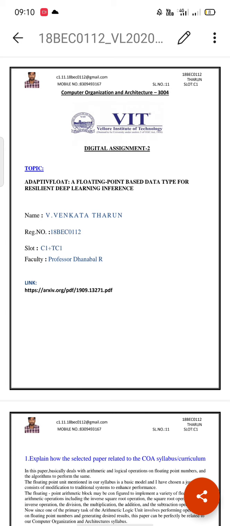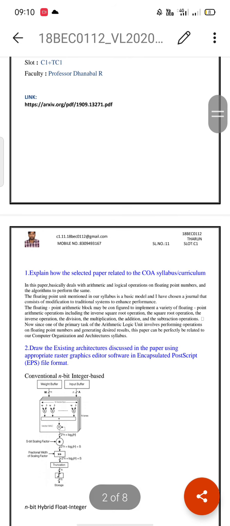Now I am presenting my digital assignment 2 for the topic of computer organization and architecture, and my topic is a floating-point-based data type for resilient deep learning inference, and I am doing this course under Professor Danbar. My professor has given me a set of questions. Now I am going to explain those questions and explain how the selected paper relates to the COA syllabus and